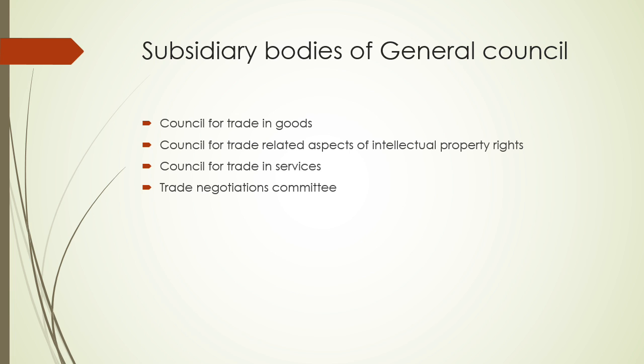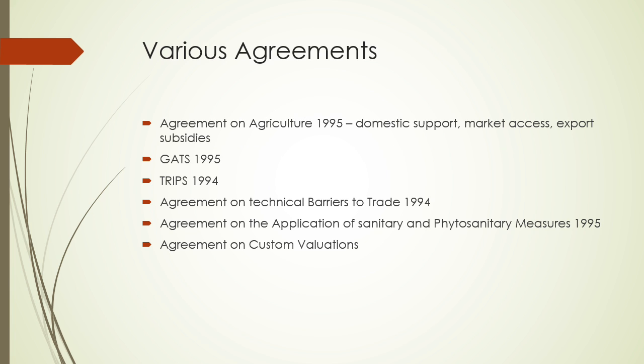Subsidiary bodies of the General Council: Council for Trade in Goods, Council for Trade Related Aspects of Intellectual Property Rights, TRIPS. Then GATS, that's Council for Trade in Services, Trade Negotiations Committee. Various important agreements are the Agreement on Agriculture, which is very important, signed in 1995. It has three things: domestic support, market access, export subsidies. GATT, General Agreement on Tariff and Trade, GATS, General Agreement on Trade in Services, TRIPS, trade related intellectual property rights in 1994,